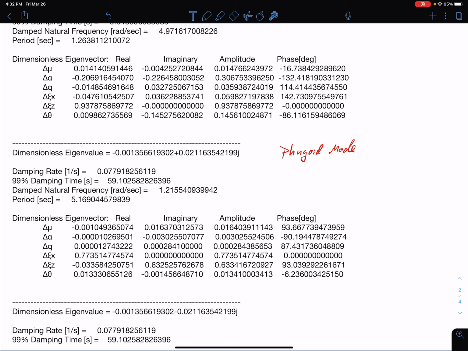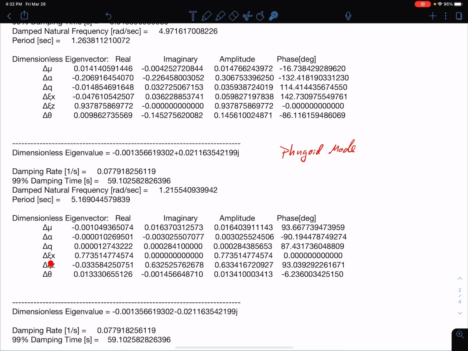So in this particular case, we've got a large change in x. That's our largest component here, and so you can see that we've multiplied this eigenvector so that this is real. It has a zero imaginary component, and that means that the phase is 0 here. So all of these phases are relative to our change in x. So we're going to have a large change in x, and actually on most manned aircraft, you'd have a similar change in Z. So the relative magnitudes of these would be much closer than they are on this particular aircraft, okay?